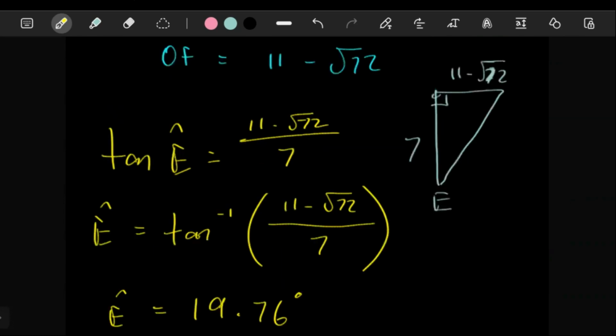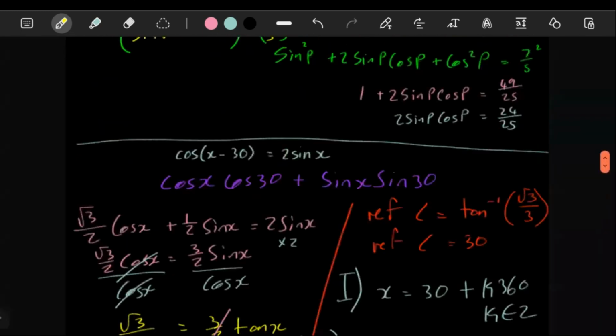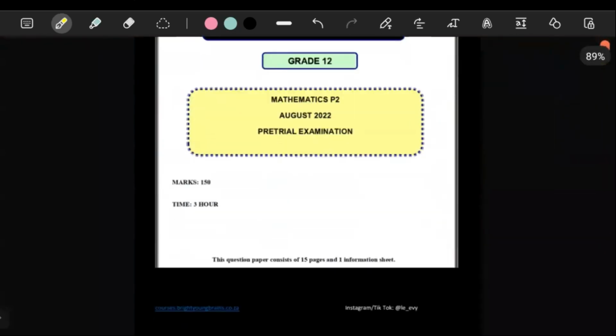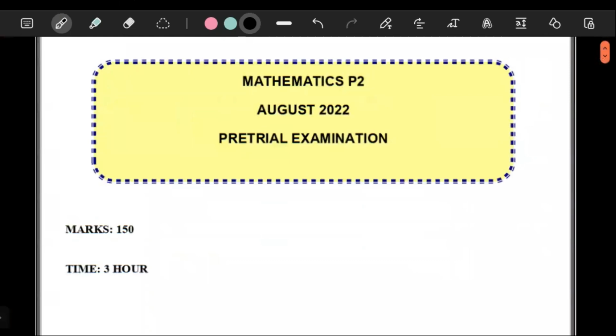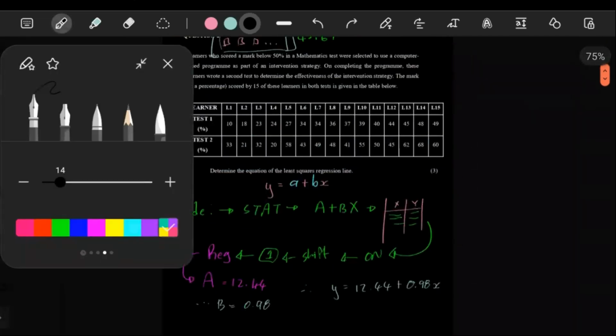Yeah, so this pre-trial paper, it's quite an interesting paper. The one thing that I've really spotted is that a lot of these questions are just recycled from other past papers, like literally. But the good news is, whatever it is that we've just done here,